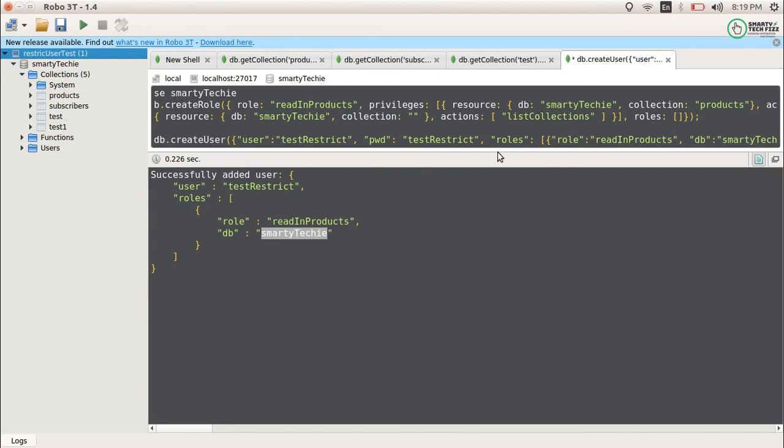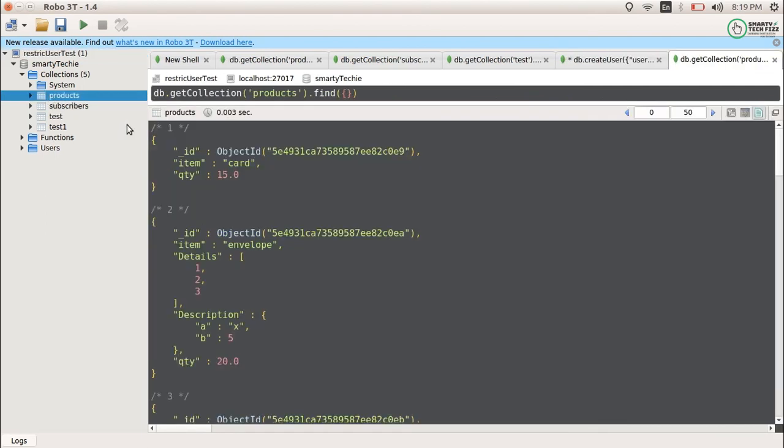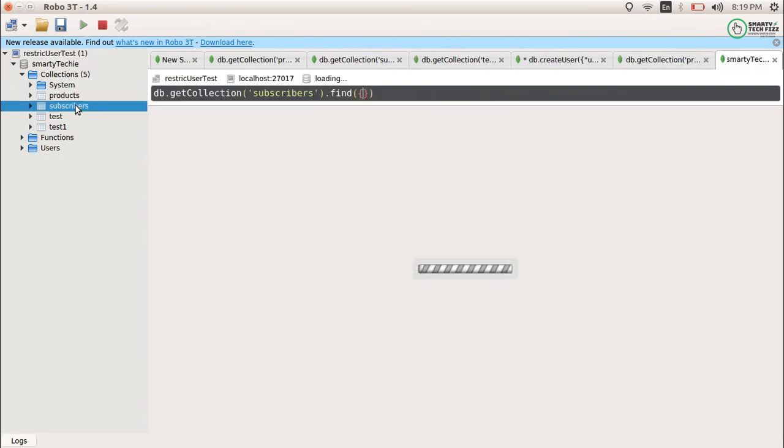Now firstly we will check whether it is able to perform the find query on the products collection or not. So you can see that it is able to perform the action on the products. Now we will test what happens if we want to access the subscribers collection.